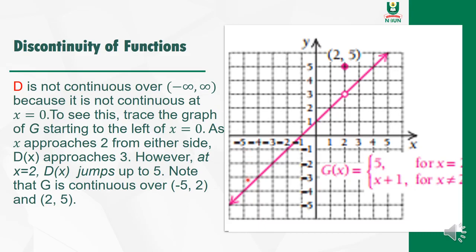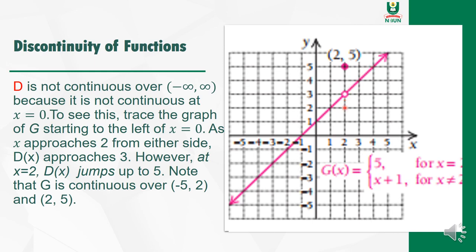because when we trace this graph from here, we are tracing it, tracing it to here. When we get to 2, there is a hole here, or we call it a jump. There's a hole here. We have to jump this hole before we continue. At this point,